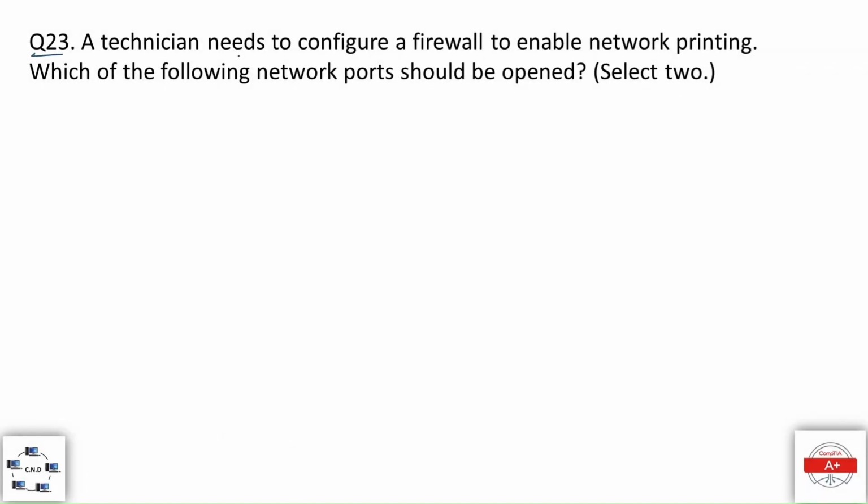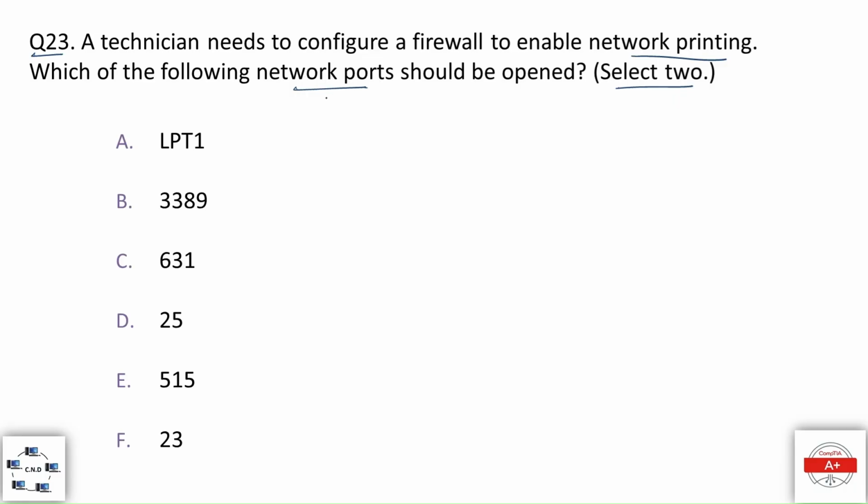Question number 23. A technician needs to configure a firewall to enable network printing. Which of the following network ports should be opened? So we are talking about printing ports, that is, which ports are used by a print server or when we use printing over the network. The options are option A LPT1, option B 3389, option C 631, option D 25, option E 515, and option F 23. And the correct options are